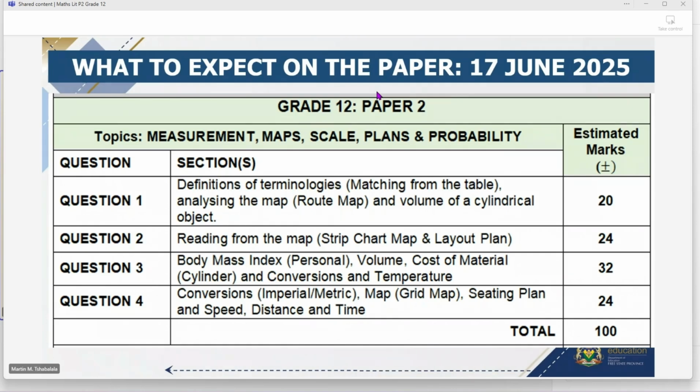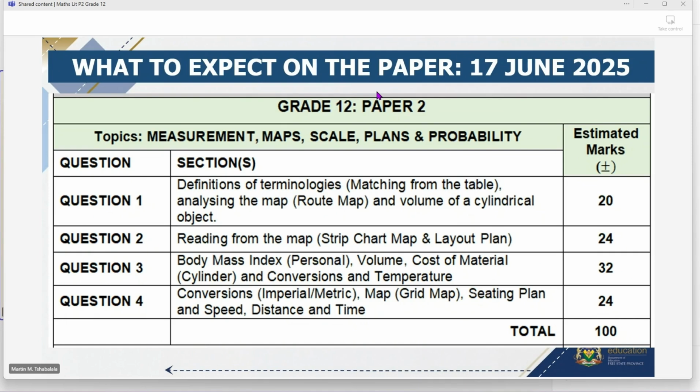Most of the questions in mathematical literacy, the calculations mean something. So you must be able to attach your reasoning with your calculation. Questions like this that say verify, you remember them. Those are the questions that after you have calculated, you must come up with a conclusion. Therefore, Chabalala's statement is incorrect or is invalid or is valid. You have a mark for that. I've seen that most of you boys and girls just focus on calculations. You don't make conclusions. Don't leave that one mark. It makes a very big difference in your marks.